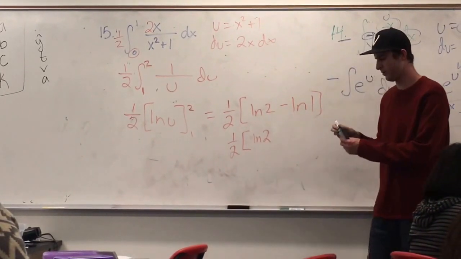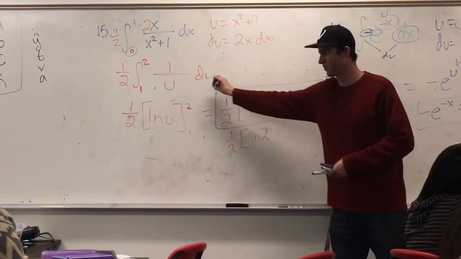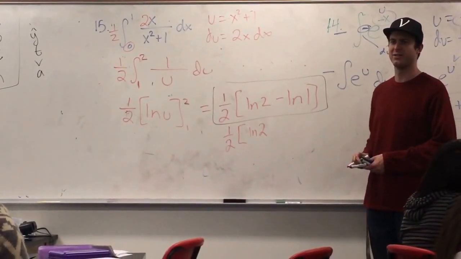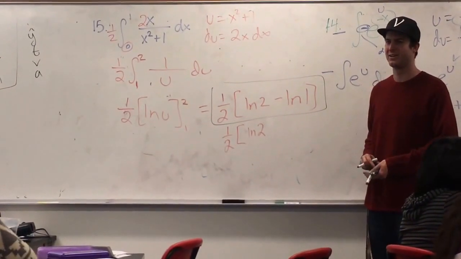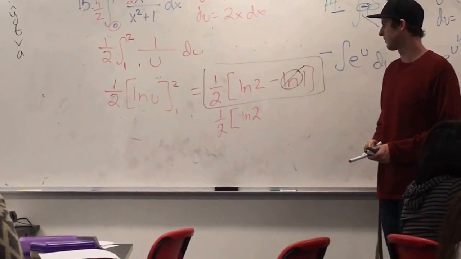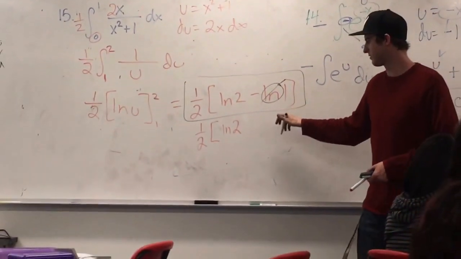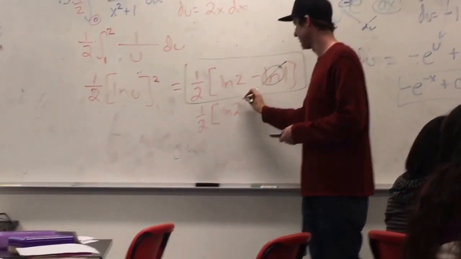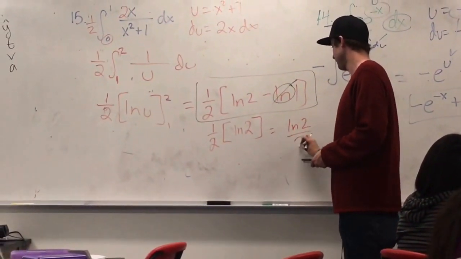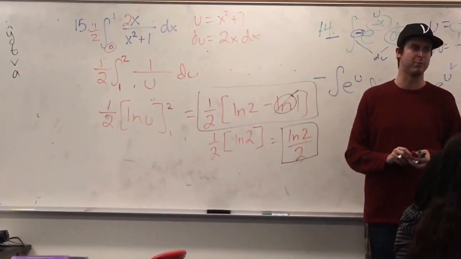What's the ln of 1? 0. If you put this answer on a short answer, full credit. Okay? Did I mark it wrong? Yeah. My bad. Plus 1. Alright, this should have been correct. That's 0, so 1/2 ln of 2. And you get ln of 2 over 2. Now, I took this question from an AP multiple choice,